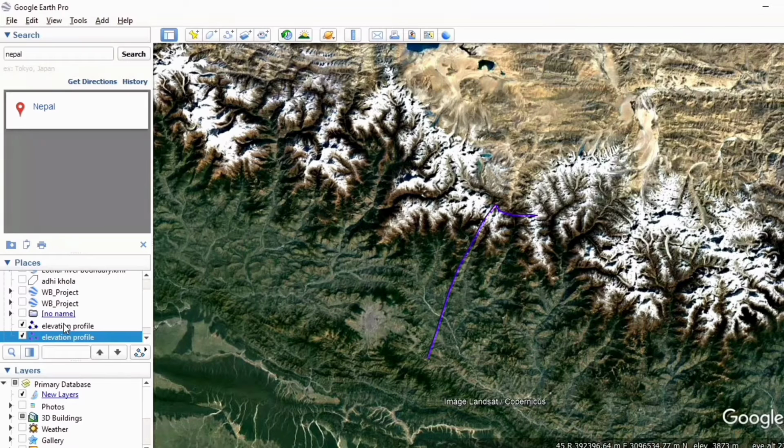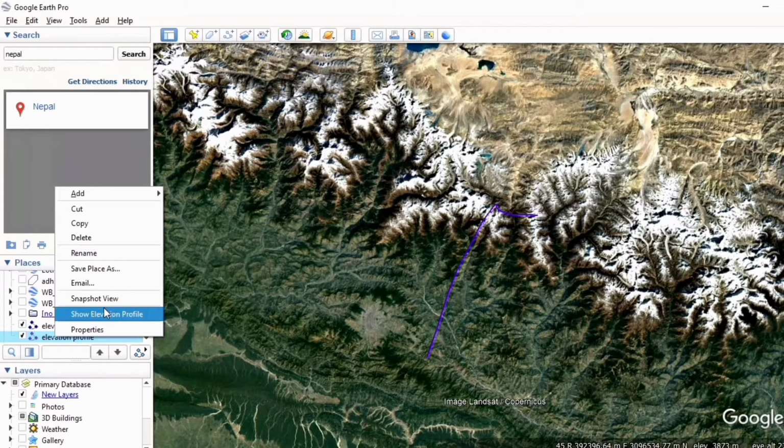Now our profile line has already been saved, and on the left side you can double click on elevation profile, and on the second last option you can see that show elevation profile option. You can just double click there, and as soon as you double click there, your required elevation profile will immediately